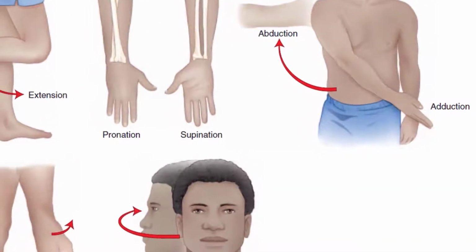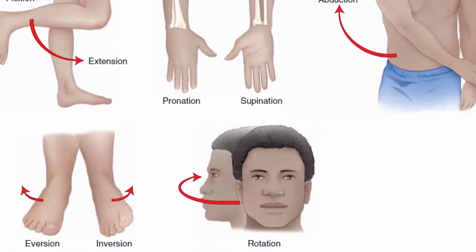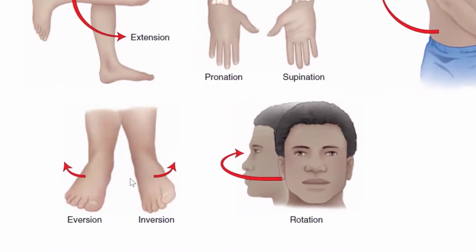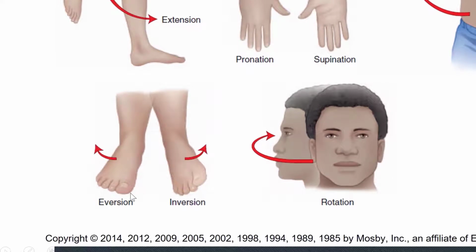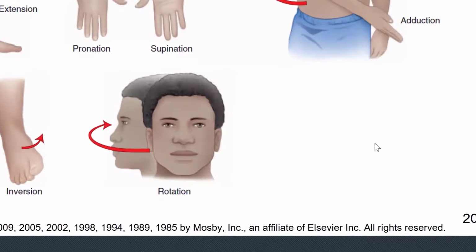Eversion and inversion is pretty similar. This image is kind of difficult to look at. It kind of looks like, okay, these are the patient's two feet, but they're not. Notice that the big toe or the great toe is on the same side on both of these feet. And so eversion is just the same foot going away from the body, and going into the body is inversion. And then of course with rotation, just depending on what direction you are rotating,